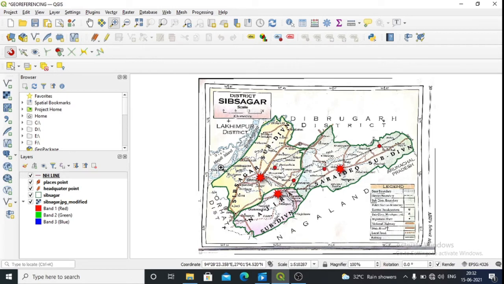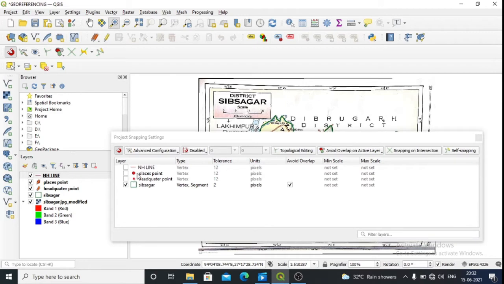Okay, so I will zoom it. Another thing that you have to do after adding the national highway is enable this snapping. You go to this particular option, advanced configuration, click on here, then open this snapping option. This is national highway. Here for this you want to create a line feature, so this unit should be pixel.